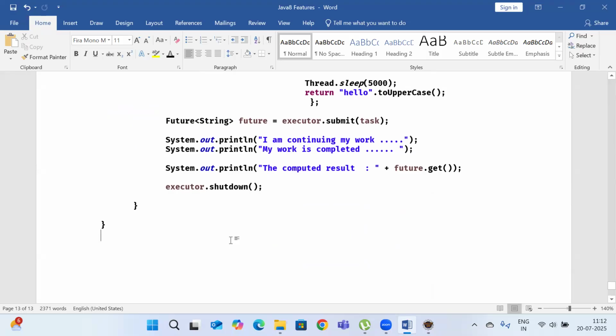Now we want to understand our concept from Java 8, and that is called CompletableFuture. As you know, CompletableFuture implements the Future interface. And Future is only for asynchronous, but this is for non-blocking. That's a new feature added in CompletableFuture. See, when you call future.get, as we discussed just now,